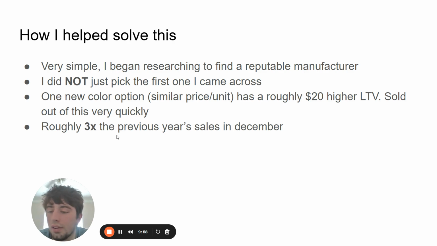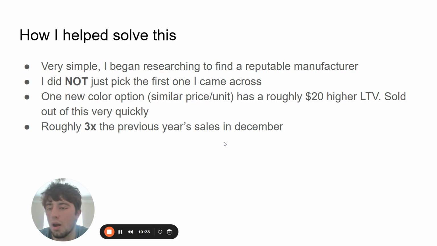So we had in December, just from these changes alone, essentially, and some other stuff we were working on with improving the packaging and everything, we saw a roughly 3x improvement in sales from the previous year's sales in December. So the year before in December, much of the time we were out of stock. We ran into some major stock issues because of the manufacturing stuff and everything. And this year, we did about 3 times what we had done the previous year in December because we weren't having any major stock issues.